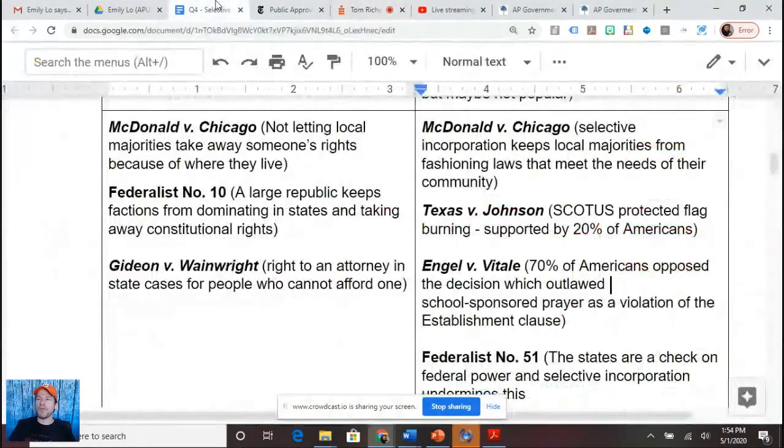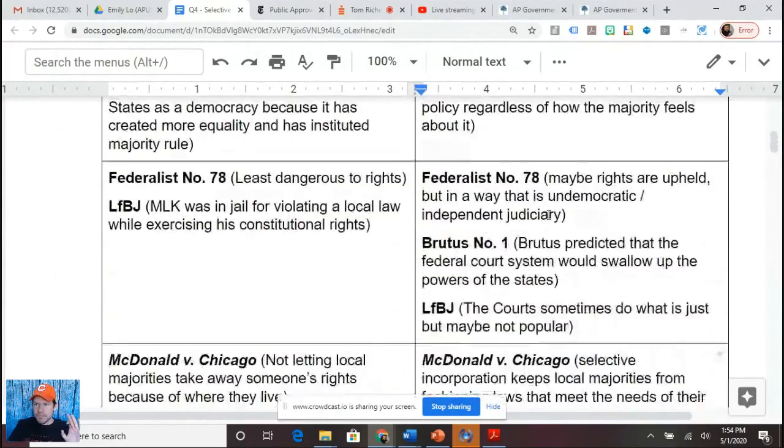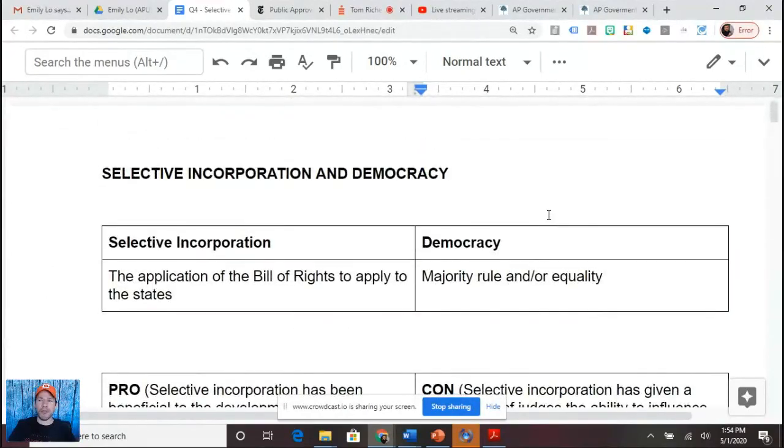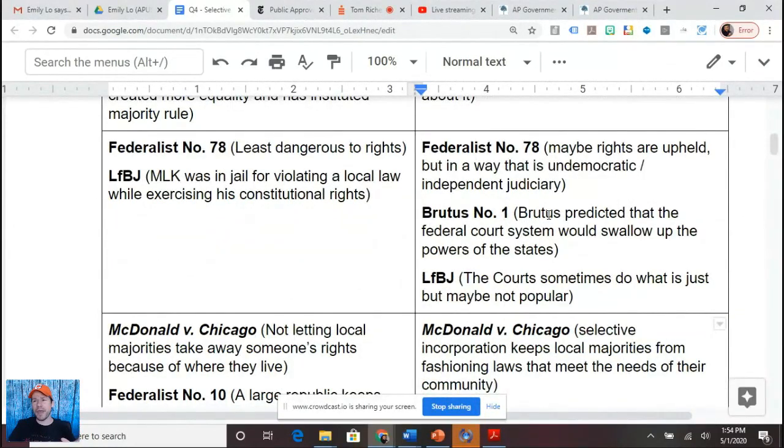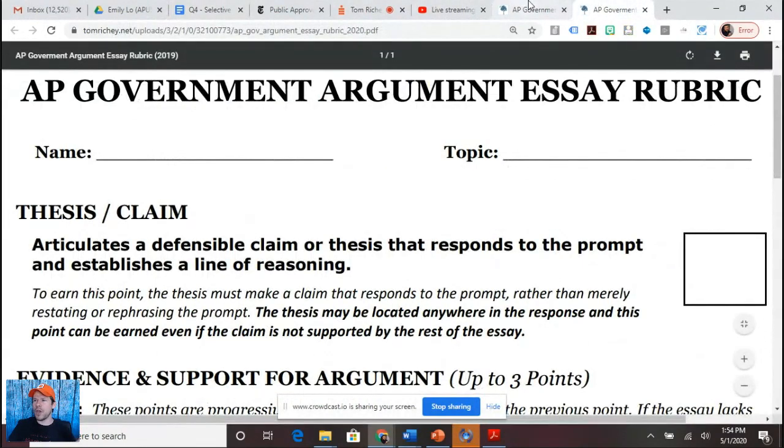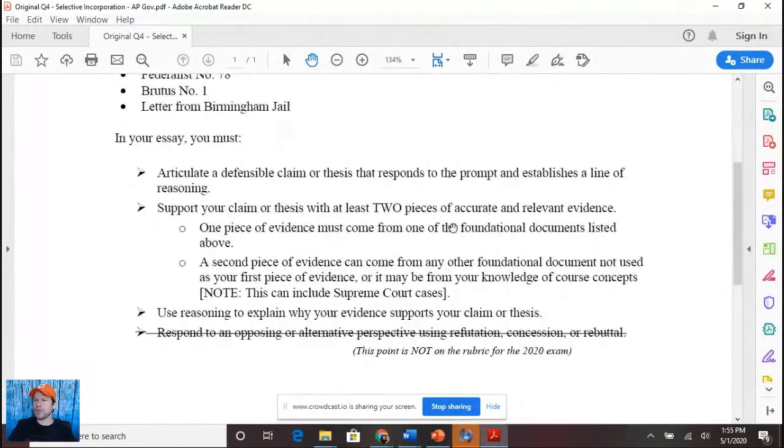So, we've got in terms of this that we can use really anything. Now, just to clarify, I've asked around, and it does seem like the second piece of evidence does not have to be a foundational document. So let's note that when we're looking at the prompt here: one piece of evidence must come from one of the foundational documents listed above. A second piece of evidence can come from any other foundational document not used as your first piece of evidence,